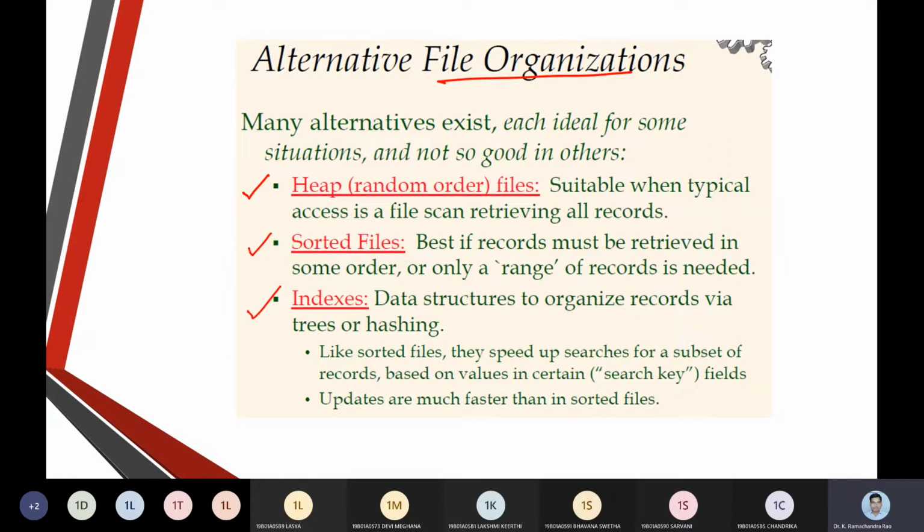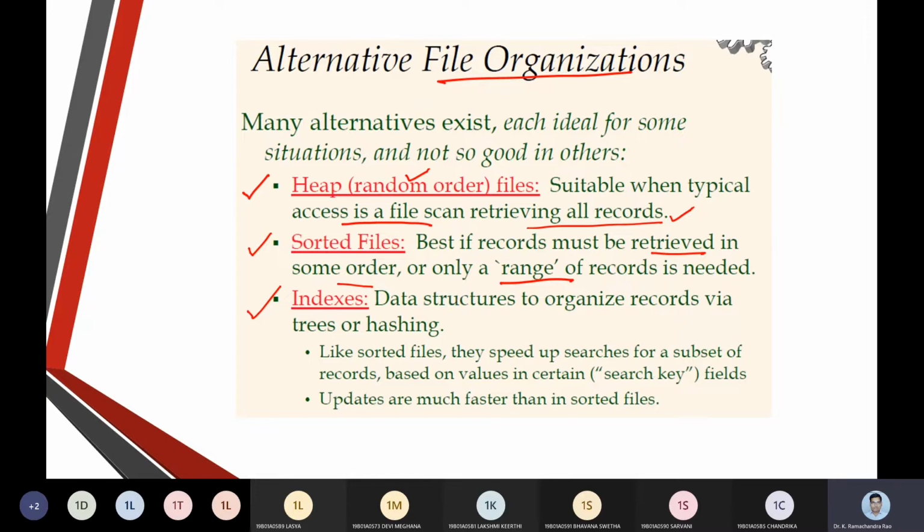With the heap organization, we can access the file or retrieve all the records in a random access manner. Next come the sorted files, where we arrange the pages in a range, in ascending or descending order, so retrieval is very easy.